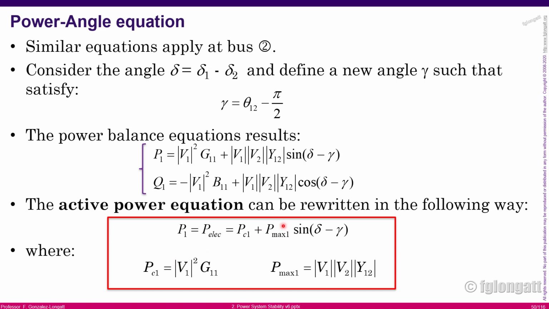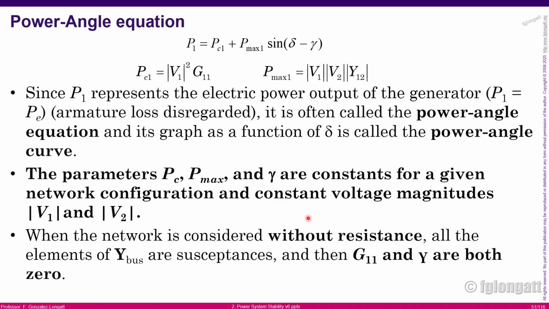And the second component, as you can see over there, we can say that the coefficient is constant if the voltages are constant, of course. The coefficient Pmax1 is constant if the voltages V1 and V2 are constant, of course. But what is important to see is the second term here is a sine that depends on the power angle. What I'm trying to say is that beautiful equation on the top over there is